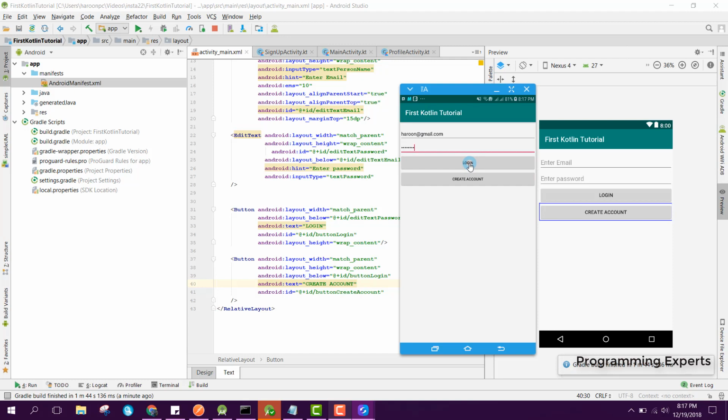Okay, now it will fail because we don't have this user. So I will go to create account and here I will add the email, and I set the password as 12345678, and if I click on sign up,